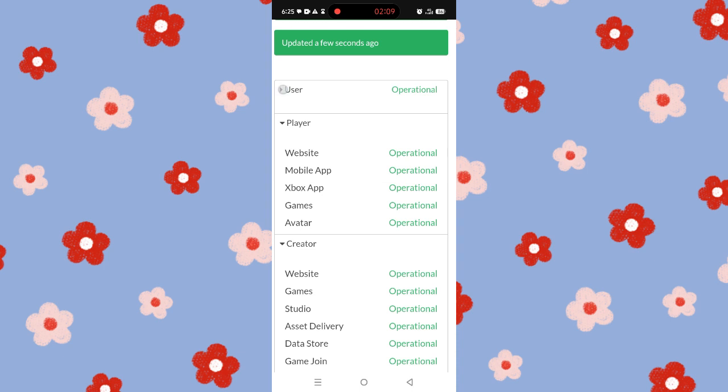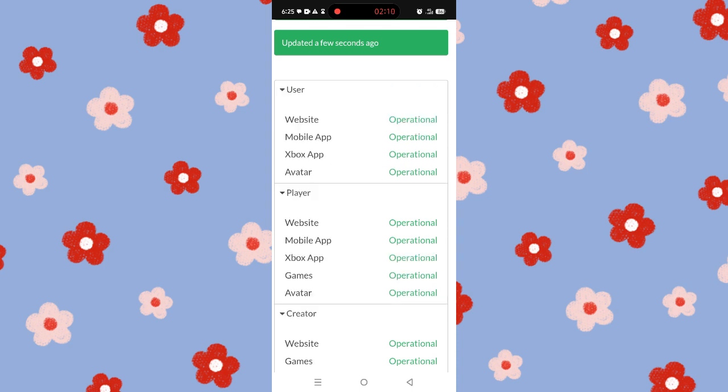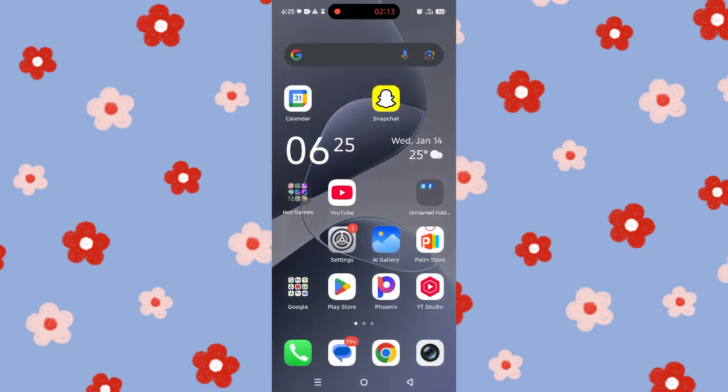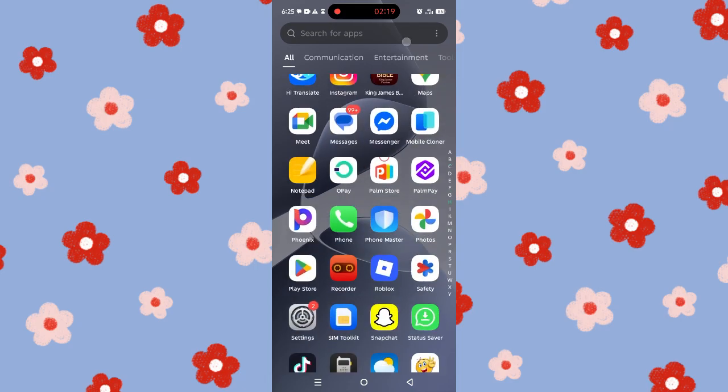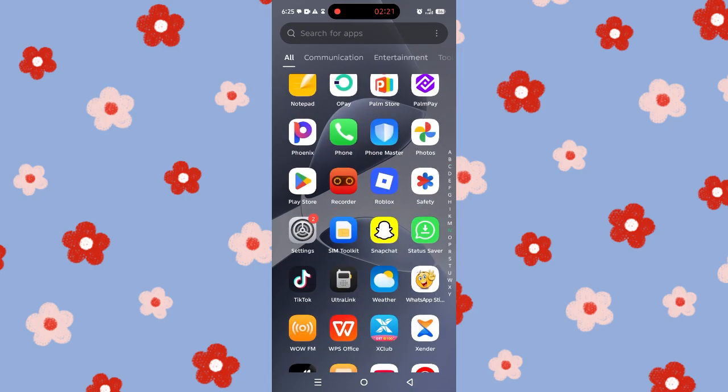Otherwise, we're going to exit our browser right now. If you see everything operational, it means everything is working on their own end. So let's see if we can do some things on our own end. First things first, you want to make sure that